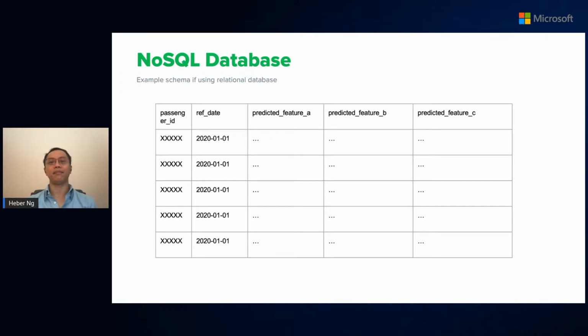However, we do run many pilot projects, and this often needs on-demand access for certain attributes for a period of time. While the pilot project is running, those attributes need to be onboarded onto the Cosmos DB, and when the project ends, they will be removed to save costs. This creates frequent changes to the schema of the document, which can be difficult to handle in a relational database. Meanwhile, Cosmos DB with its NoSQL format provides the flexibility that we need in order to cater for this kind of use case.